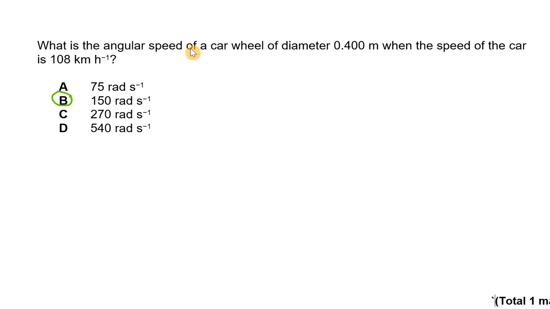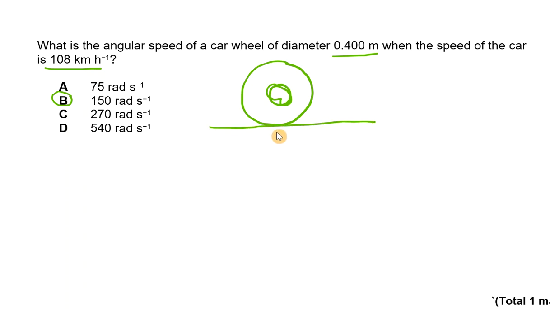Okay, so what is the angular speed of a car wheel of diameter 0.4 meters when the speed of the car is 108 kilometers an hour? Well, let's just have a look and think about this. There's the wheel of the car, and that wheel is driving along the road. If the car is moving at